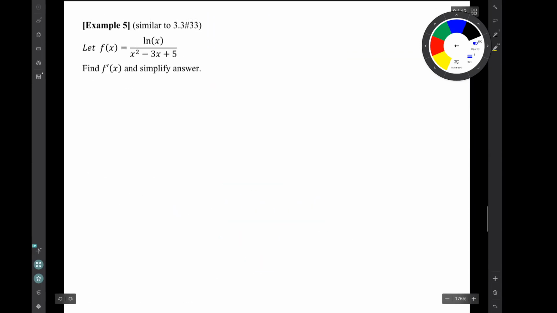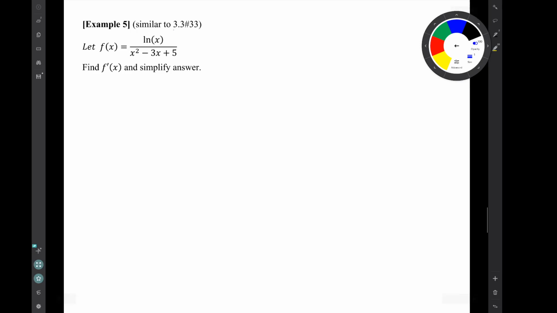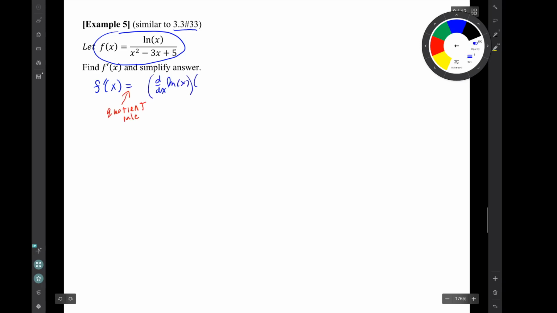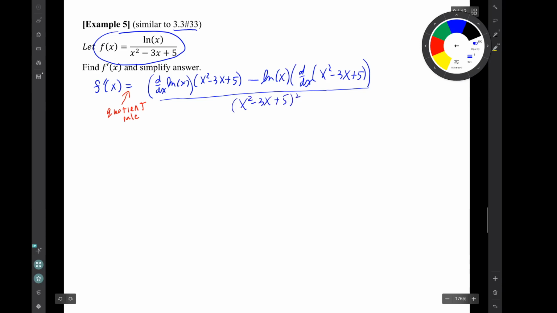Let's go on. Example 5 is similar to 3.3, number 33. The function is this ugly quotient. All right, we'll find f prime by setting up the quotient rule. So there's the form of the quotient rule. We have